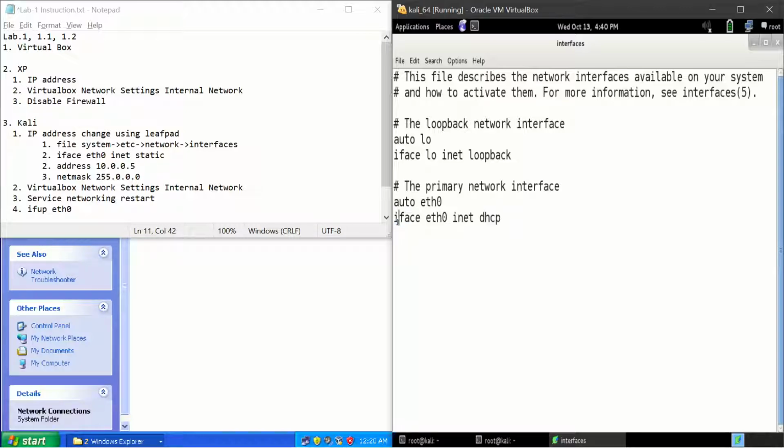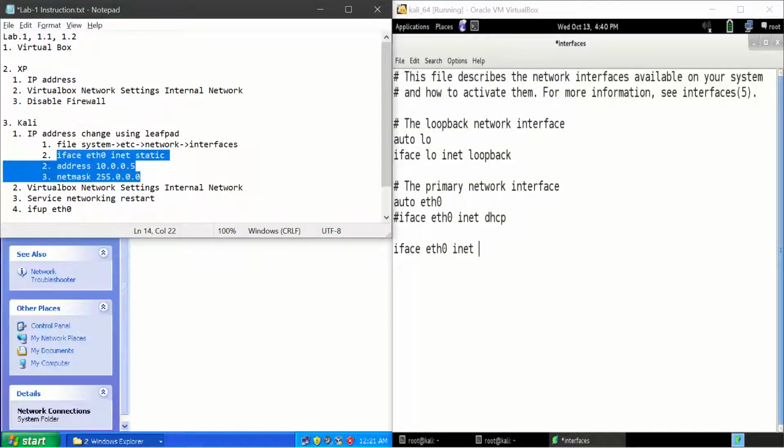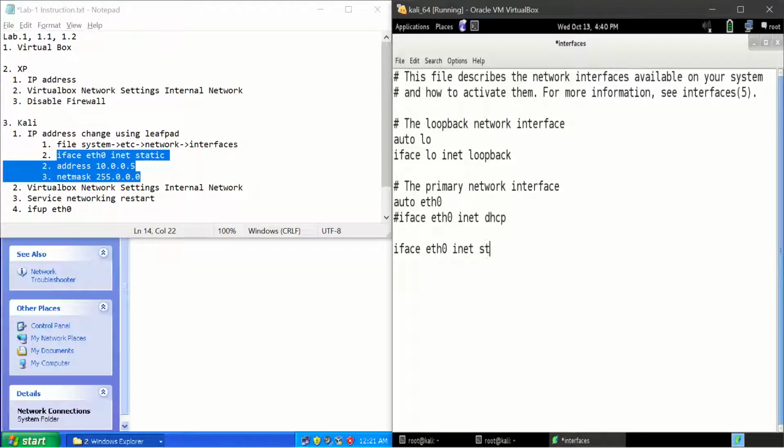Just comment this and copy this line. Control C, select and Control C, and comment it, then go down and paste it and make it what I have written here. Or I will just type here static, and address,